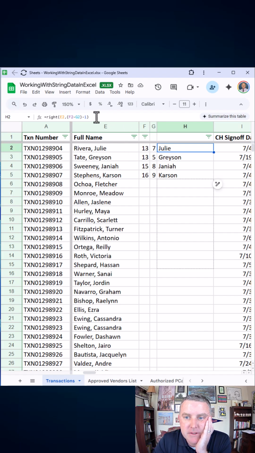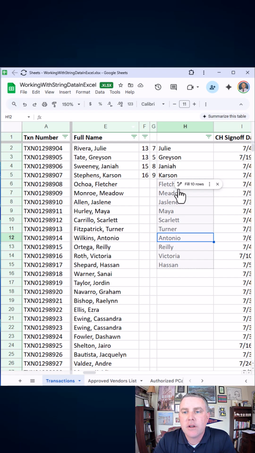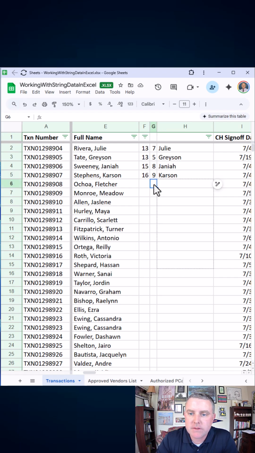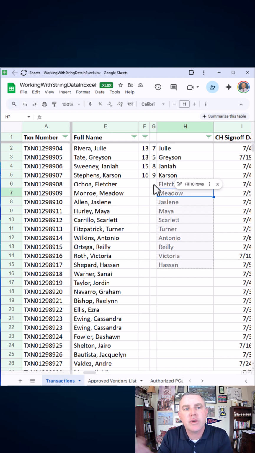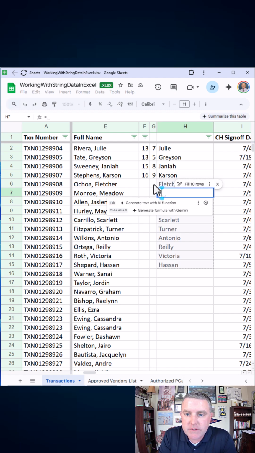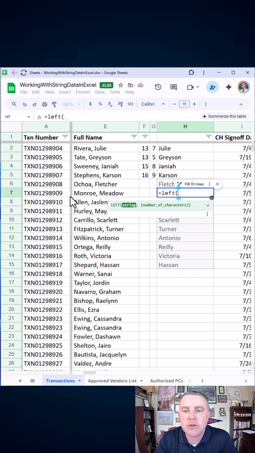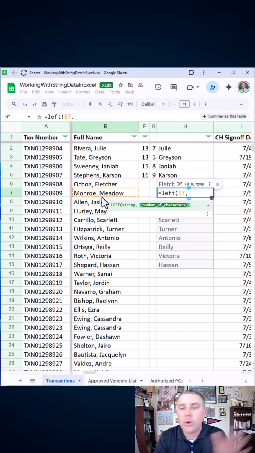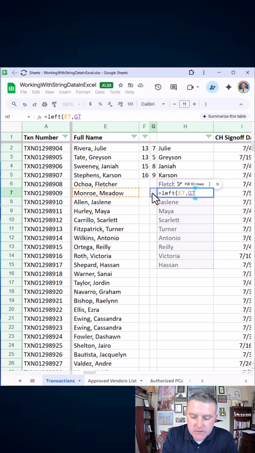Now we need to pick up the last name. And it's a similar process. So for the last name, I'm just going to type this down in another cell, and then eventually I'm going to combine all this. Instead of RIGHT, I want to use the LEFT function. And so I want to read the text from the traditional left to right manner. And how many characters? Well, I want to go to the position of where the comma is and go one character to the left. So wherever the comma is,